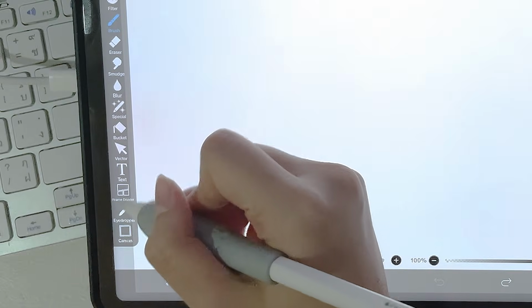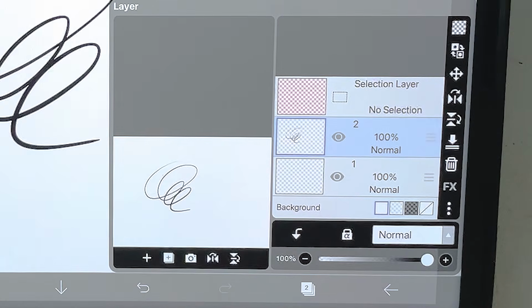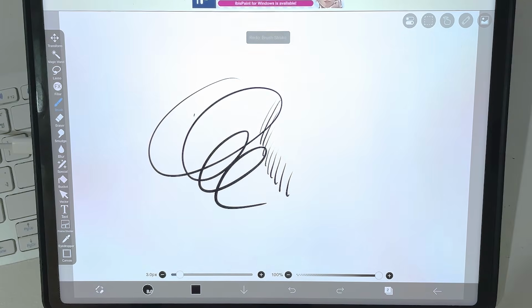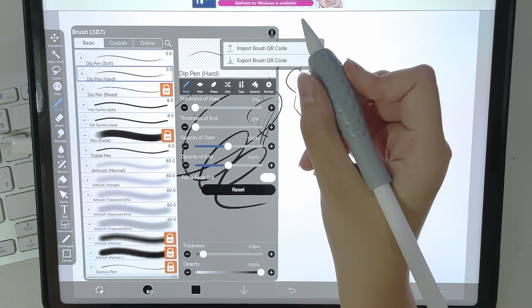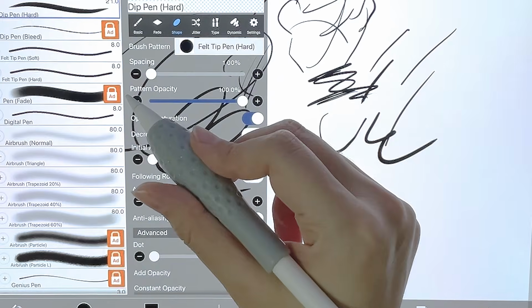Oh, they've got comics and comic divider options. Here's the layers. Why are the buttons here? So canvas preview, but why are the new buttons right here? Shouldn't it be right here? Yes, keyboard works perfectly fine. Can I change brushes? Nope. Oh yeah, Ibis uses QR codes for brushes. I think it's really weird, but also really cool.